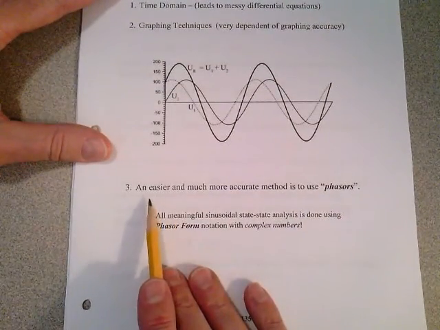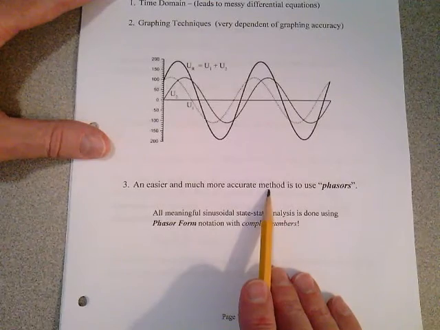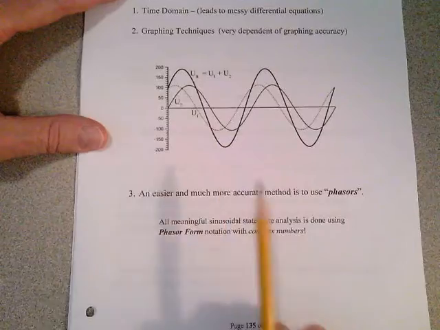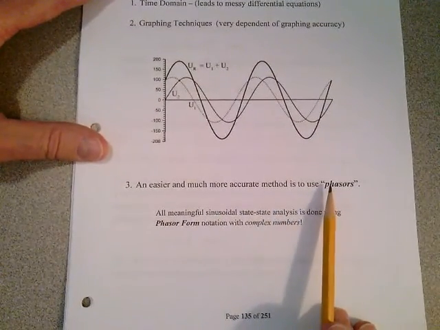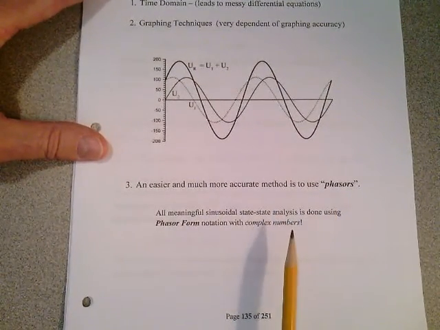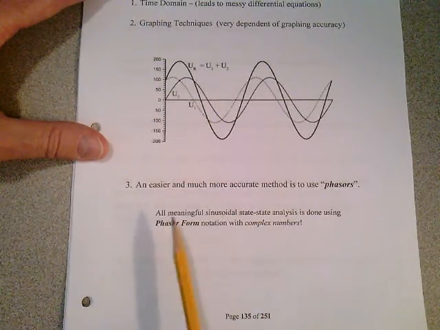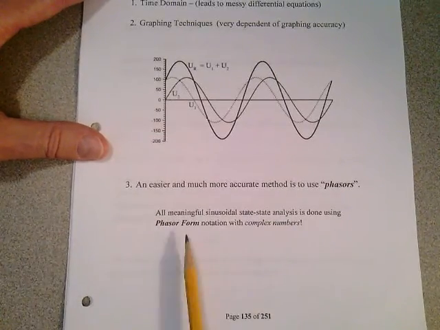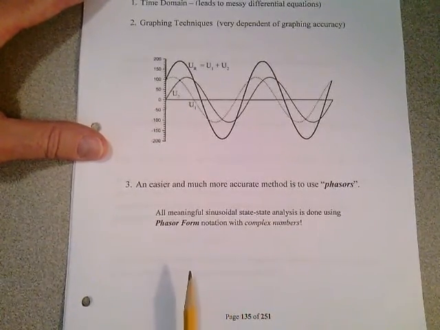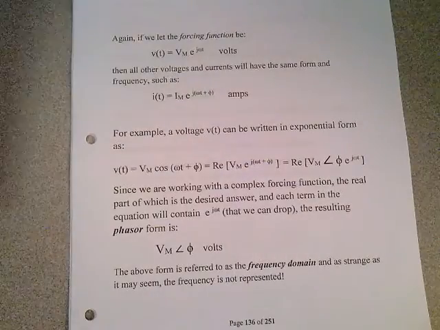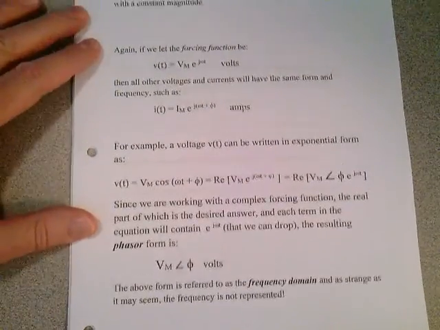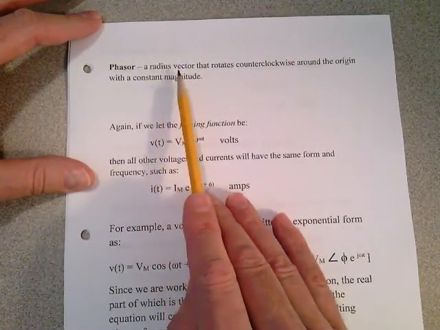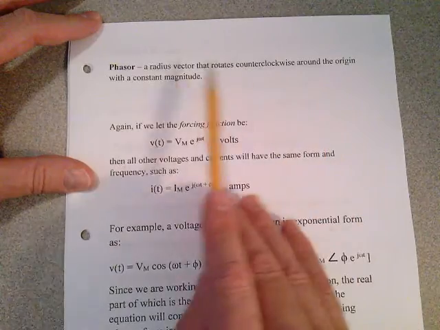An easier and much more accurate method, a lot easier than time domain and a lot more accurate than a graphing technique, is to use phasors. That's what the last 2 or 3 lectures were about. All meaningful sinusoidal steady-state analysis is done using phasor form notation with complex numbers. We've already done some of this, but now we're going to get into a little bit of detail, and we're going to work problems. Remember, a phasor is just a radius vector that rotates counterclockwise around an origin with a